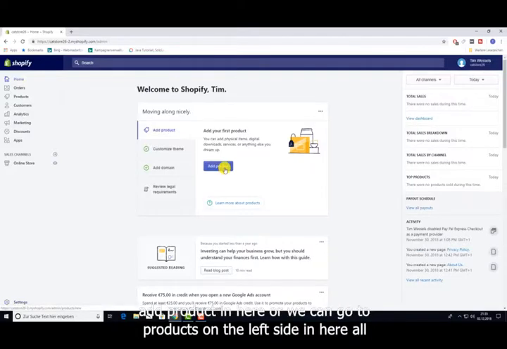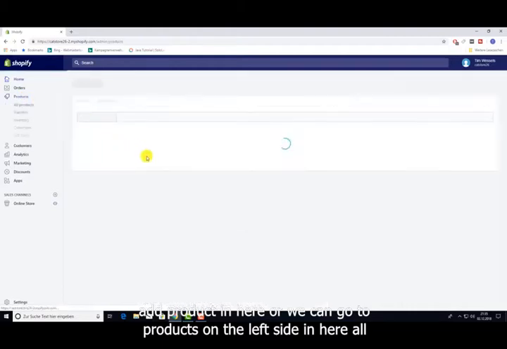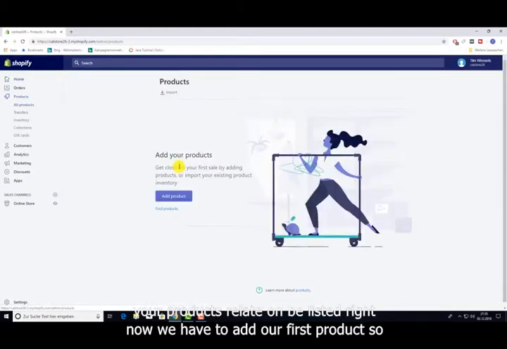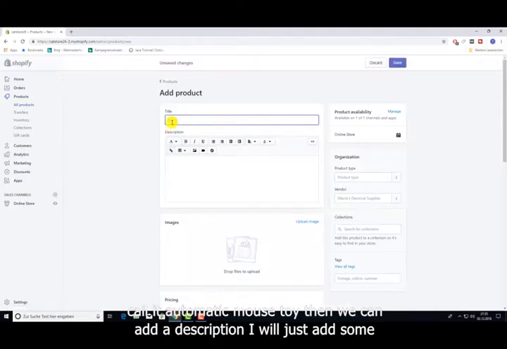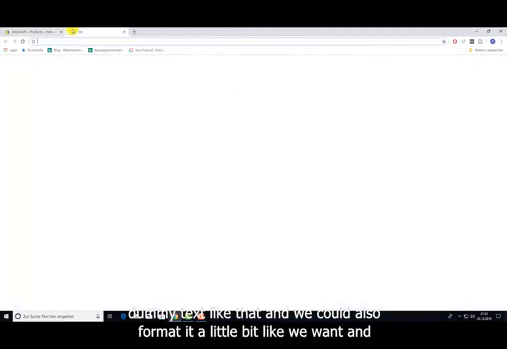So we can either go and add product in here, or we can go to products on the left side. In here, all your products will later on be listed. Right now we have to add our first product, so I go to add product, and then we can give our product a title. In this case I will call it automatic mouse toy. Then we can add a description. I will just add some dummy text